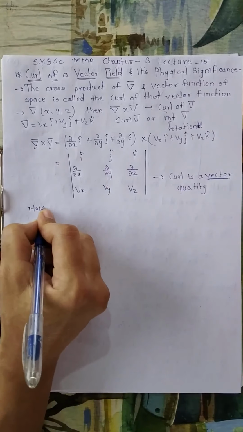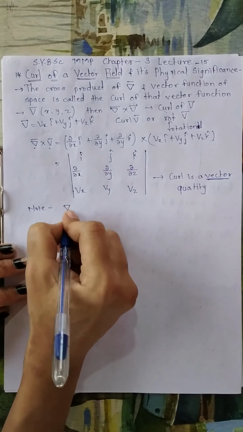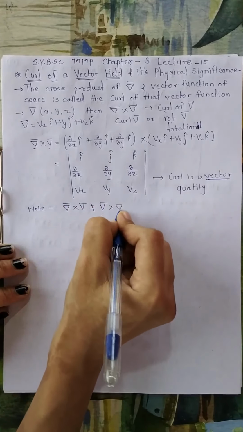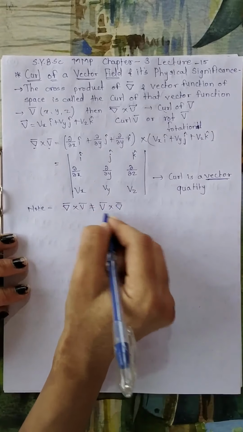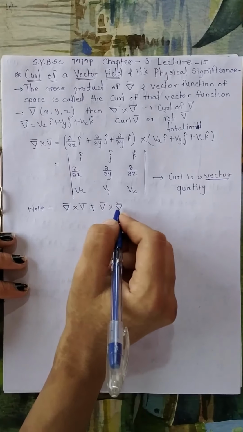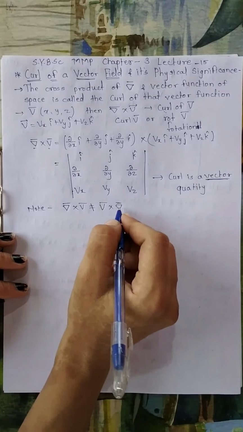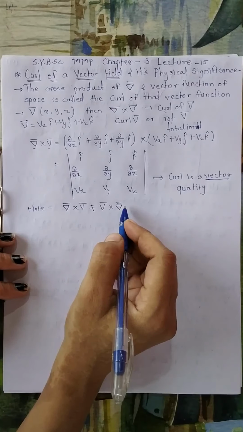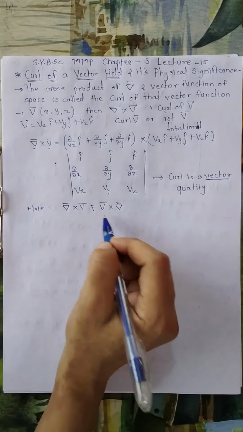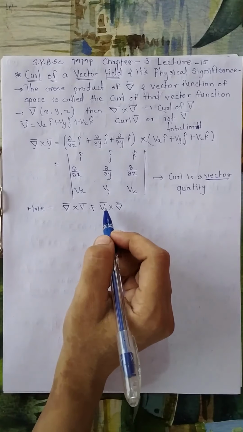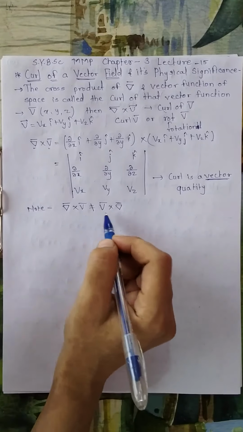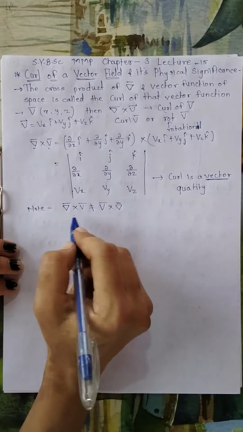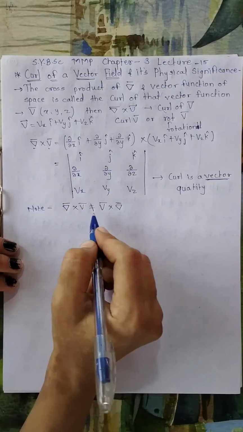And as previously, we have to take into account that del cross v bar should not be equal to v bar cross del bar, since we know that cross product is not commutative. And it is clear that curl of v bar or rotation of v bar is a vector quantity which is read as del cross v. So the resultant is a vector quantity. And why are these not equal? According to cross products, the directions of these two resultant cross products are not the same. Therefore these are not equal.